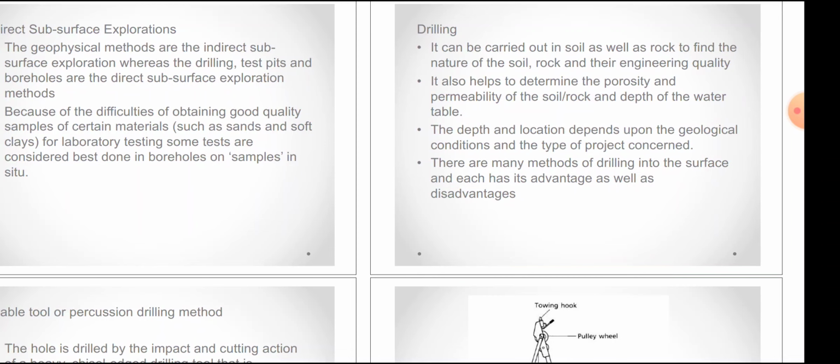Drilling can be carried out in soil as well as rock to find out the nature of the soil, rock, and their engineering quality. It also helps to determine the porosity and permeability of the soil and rock, and the depth of the water table. The depth and location depend upon the geological condition and the type of project concerned. There are many methods of drilling into the surface,